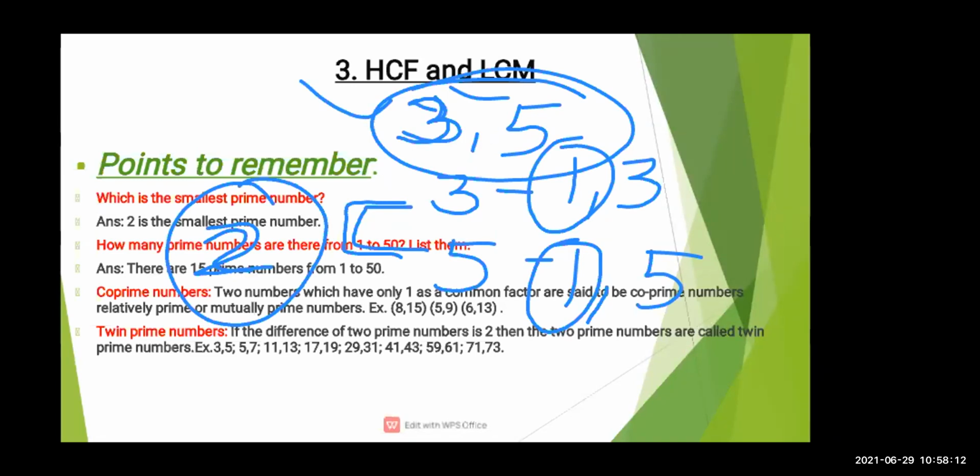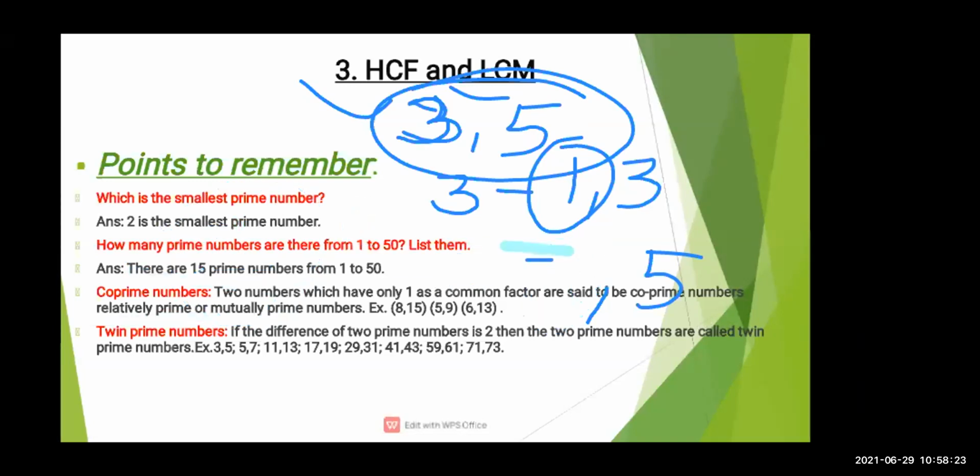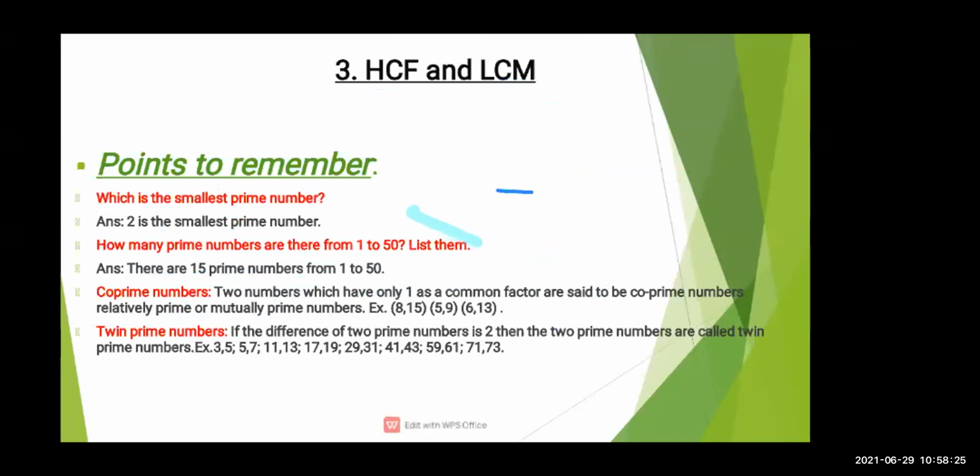In that we have to see the difference. Difference is how much? Difference is 2. So that is our twin prime number. Twin prime number. Now, for example, if I take a number, randomly I am going to take a number 2